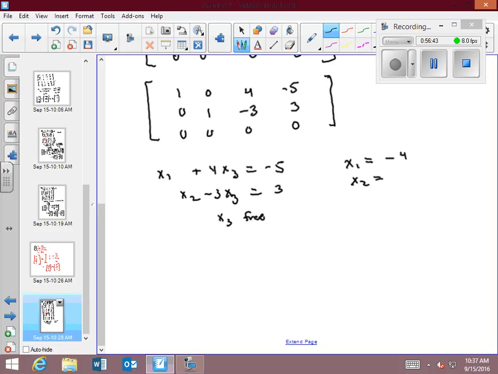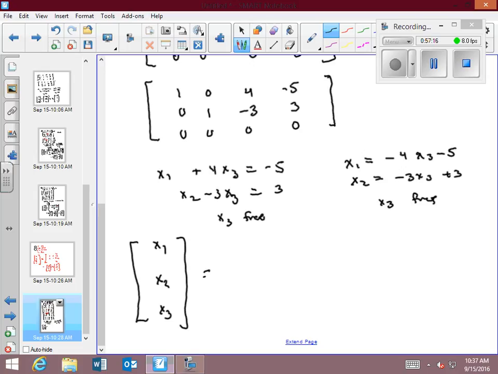x2 equals, I better finish this. x1 is -4x3 minus 5. This one is 3x3 plus 3. x3 is x3. So